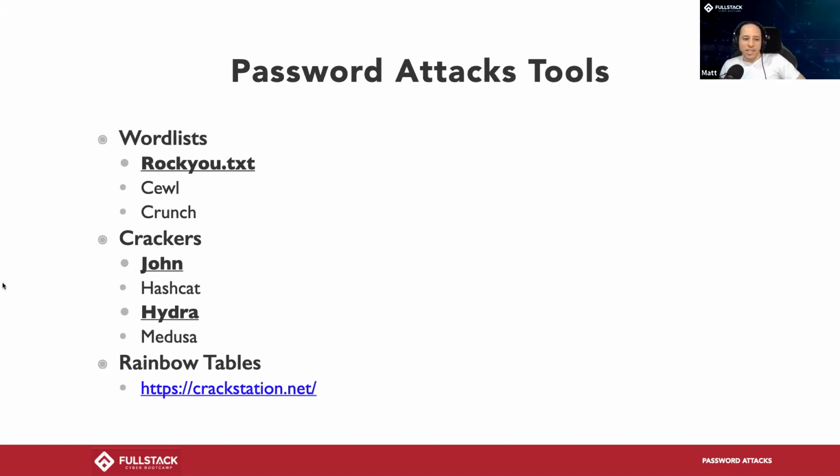For generating word lists, you have Cewl and Crunch. I'll demo Cewl. You could use Crunch on your own time. I don't think you're going to need to actually create any word lists, but you can try. It's worth taking a look at. And then we'll take a look at some crackers. We'll take a look at John the Ripper and not Hashcat because that's not installed. And we'll take a look at Hydra. Oh, and yeah, let me show you crackstation.net.